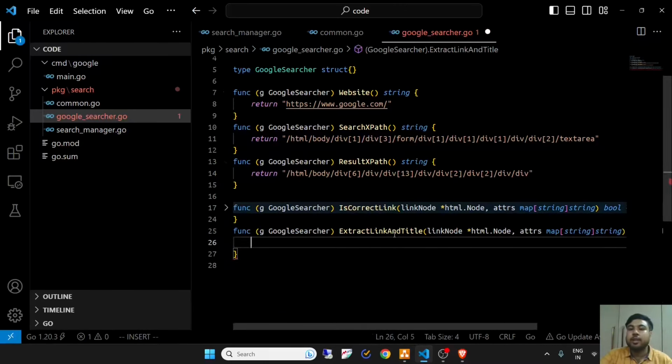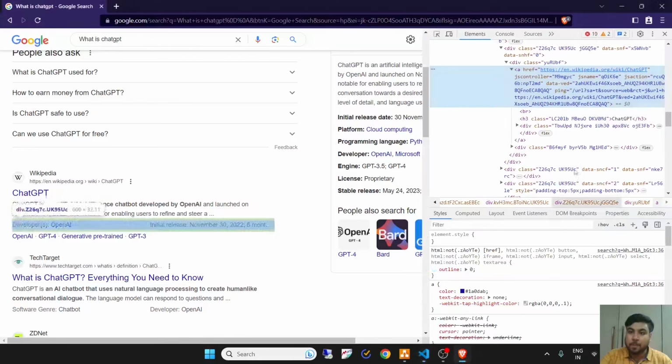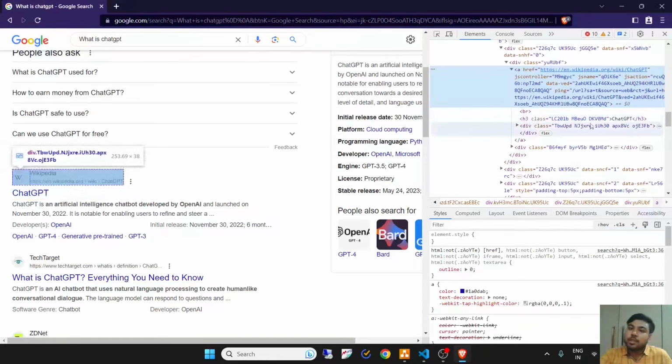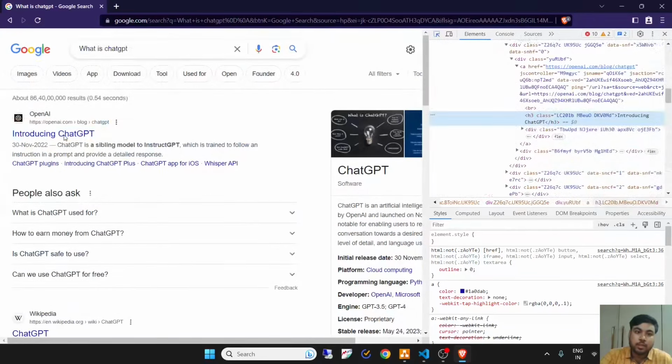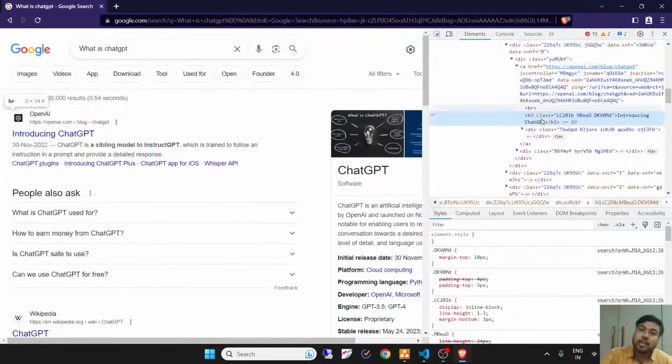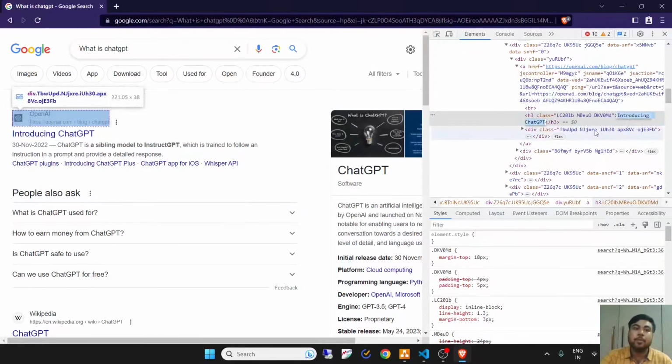So now for the extractLinkTitle function, we can see that the child node with the h3 tag has the title we need. You can check in others as well. Inside this anchor tag, there is an h3 tag which has the title, introducing ChatGPT here. Fine.